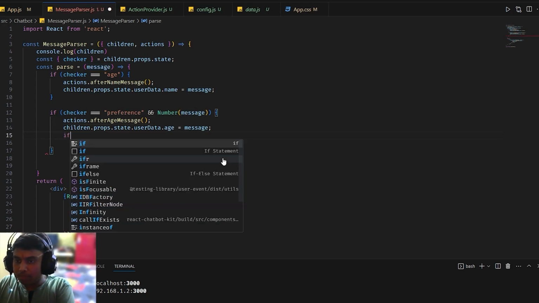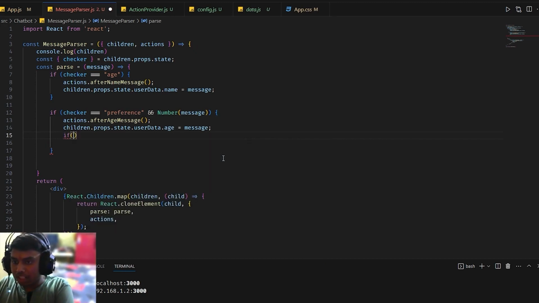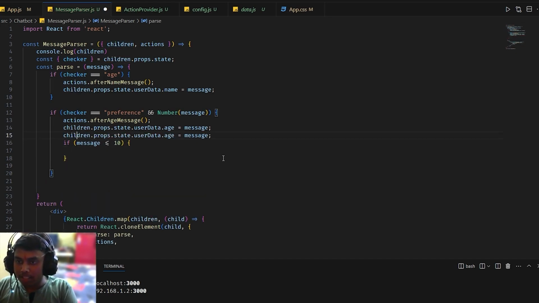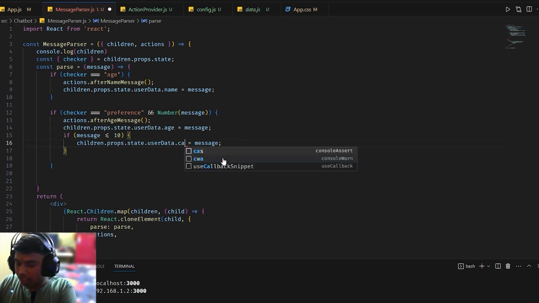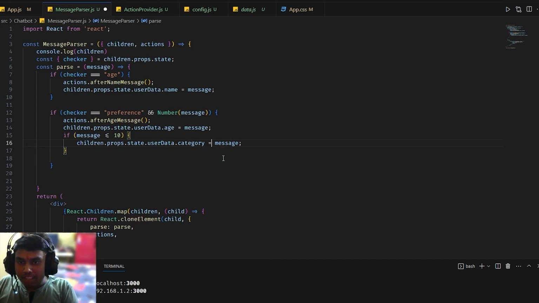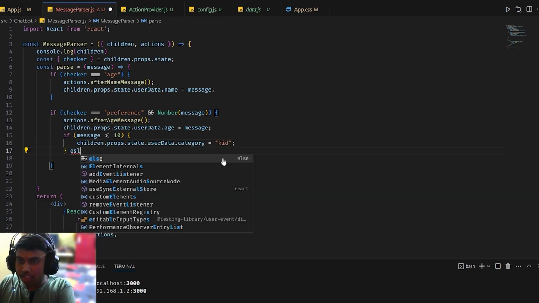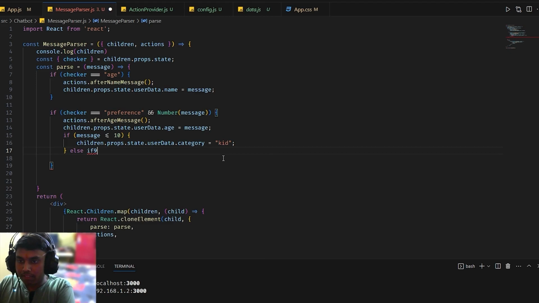Now here we need to add the category. So for category we need to write a condition. The condition is if message, which is age, is less than or equal to 10, then we pass here like this, the category will be kid. Else if